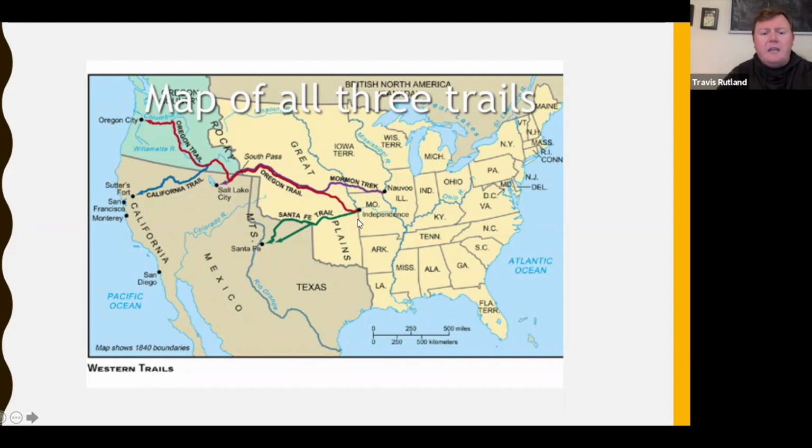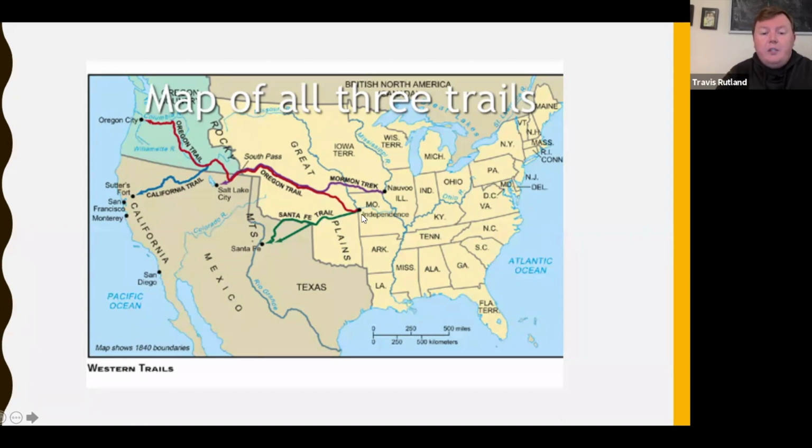The Oregon Trail and the Santa Fe Trail both start in Independence, Missouri, okay, which is right here on the western border of Missouri. And we can see that this red line is the Oregon Trail. All right, they're mainly going to follow this trail here up and through the Rocky Mountains and then into Oregon City in the Oregon Territory. Okay, so this trail took about 5 to 6 months to travel. All right, again, you're talking covered wagons pulled by horses and oxen, a very kind of slow way to travel. So it took about 5 to 6 months, especially going through the Rocky Mountains.